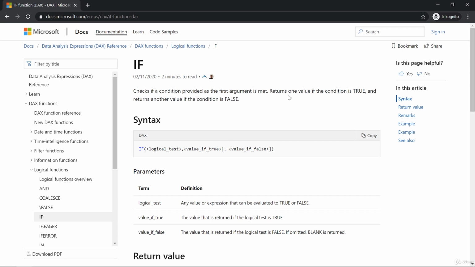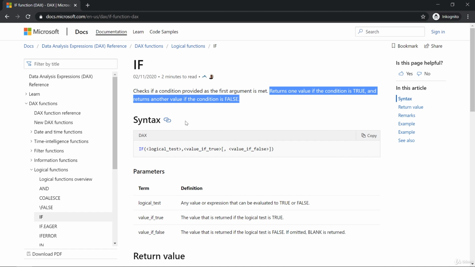As you can see up here, the function returns a value if the condition is true and another value if the condition is false. What this means is, in our case I want to make a condition based on the profit margin, so based on a specific level of the project margin. So if our margin is higher than a specific value, the formula returns true, so this condition is met, and we have to specify what output we want to have for the true case. In case the margin does not meet our requirements, the formula returns false, and here we also have to specify what should be the output for the false case.